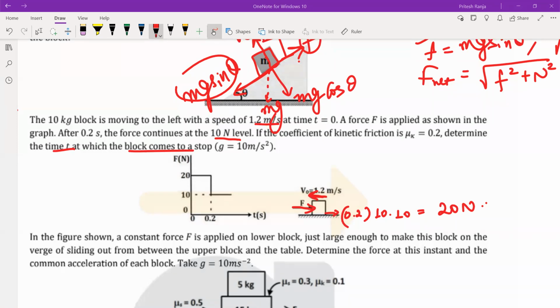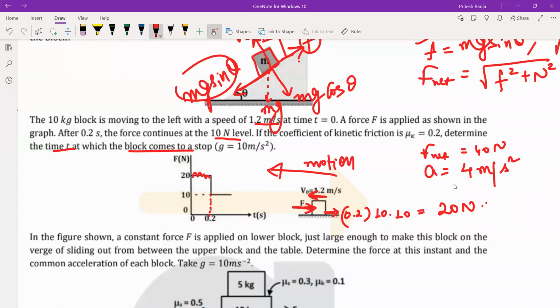So here we can find out the retardation of the block. So for that, first you can see ये 0.2 कब तक एक्ट कर रहा है जबकि फोर्स 20 न्यूटन है. तो ये फोर्स भी इधर अप्लाई हो रहा है और फ्रिक्शन भी इधर अप्लाई हो रहा है. तो नेट फोर्स इज 40 न्यूटन. तो एक्सीलरेशन कितना हो जाएगा? नेट फोर्स बाय मास दैट विल बी 4 मीटर पर सेकंड स्क्वायर. एंड सिंस block is moving in this direction and the forces are applied to the right, that means this is retardation.